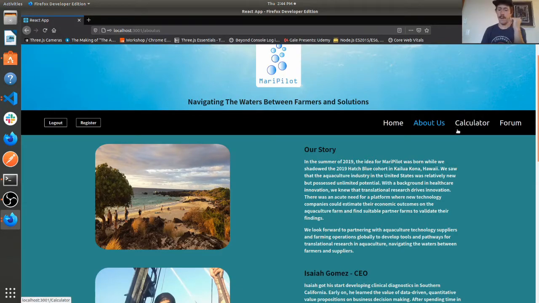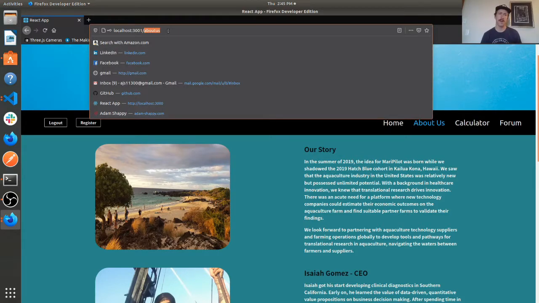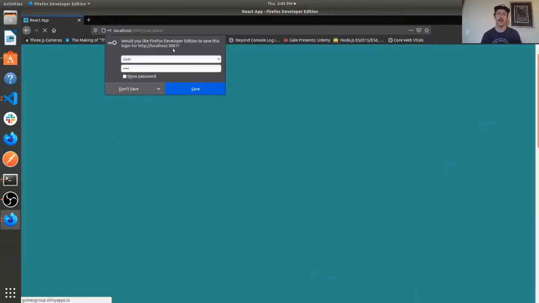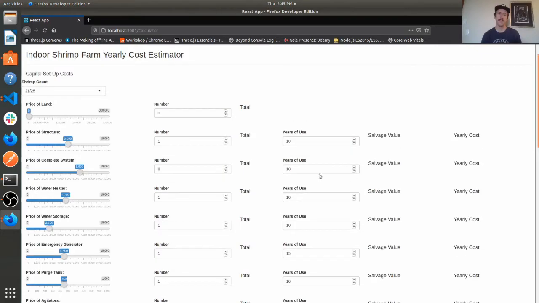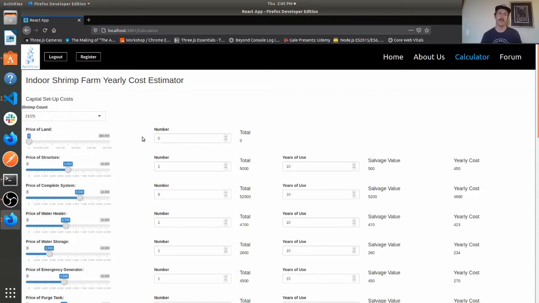And because the user was able to log in, this will allow our protected routes. It checks to see through our contacts API whether the user is in the global state. And so you could test this. If you're not logged in and you go to calculator, it will boot you back to the home page. If you are logged in, you can click calculator, and it's going to take you to our calculator resource, which